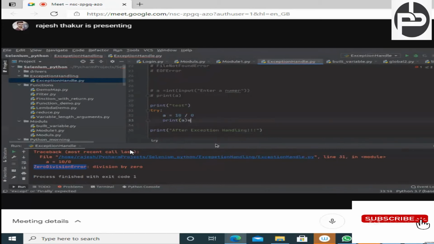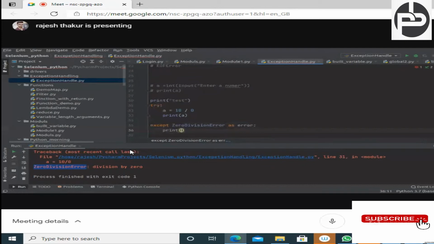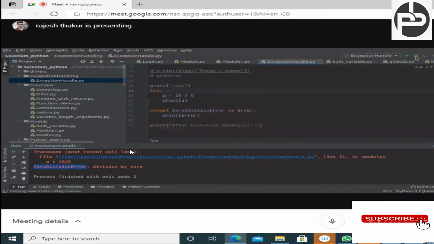Except what exception? Zero division error, right? If in these two lines, number 32 and 33, a zero division error comes, I'm going to give the name as error, and I'm trying to print the error. That's all. Now can you see, I'm executing this code.